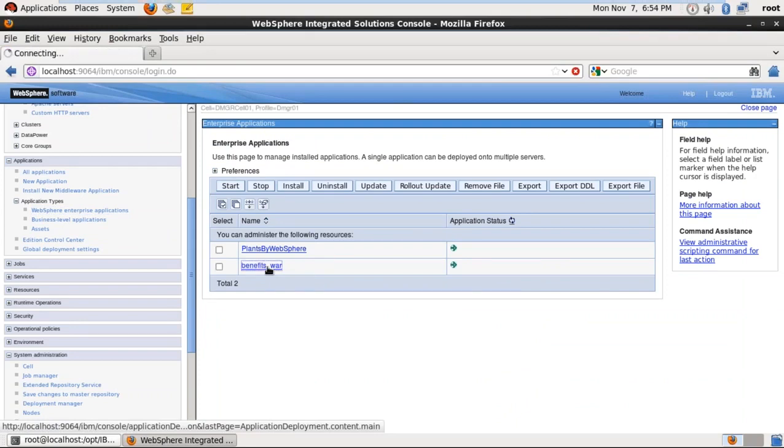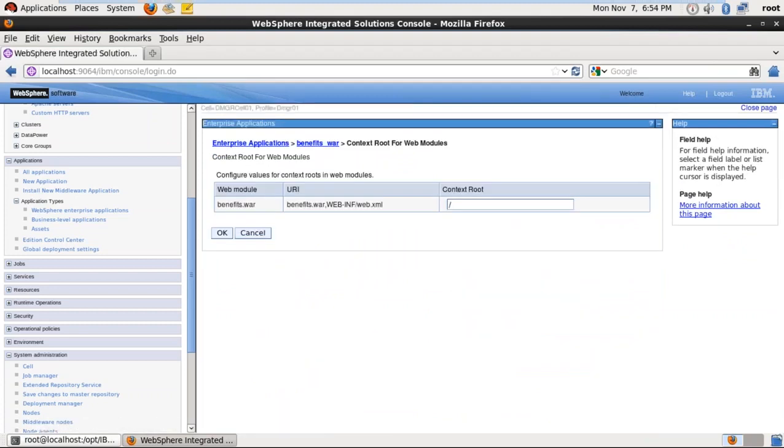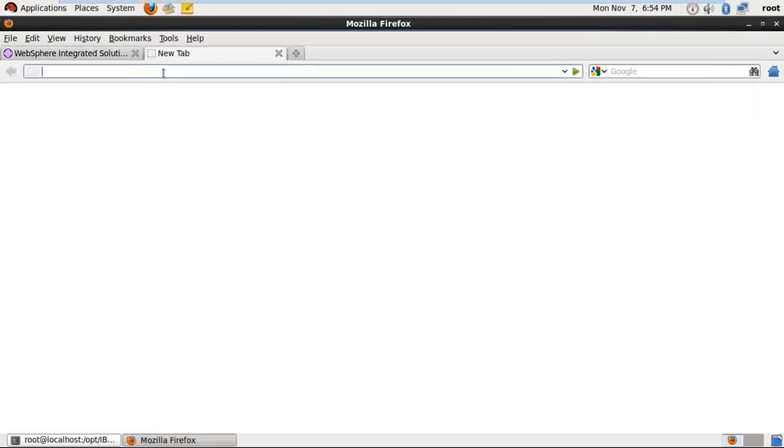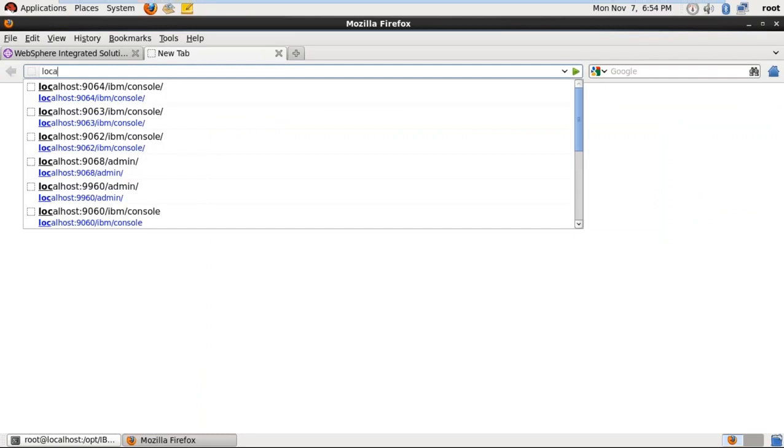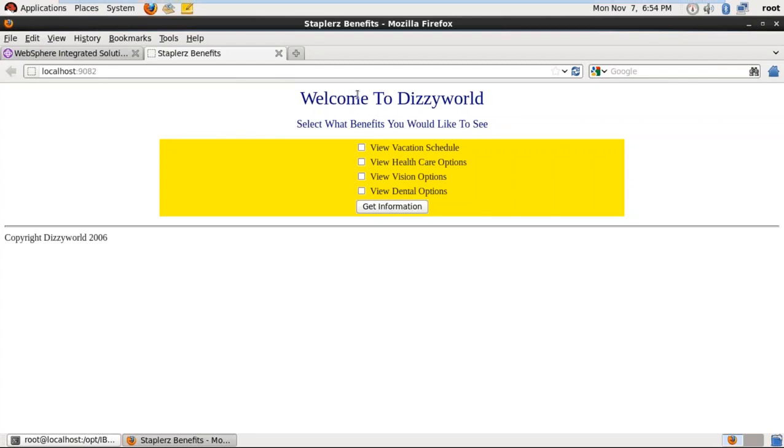So this is the war file. Go to this benefits.war, and then here the context root for web modules. Click on this link. The context root is just slash. Now try to access the application, localhost 9082 and slash. So this is the application. Okay, so this is the application. We can access the default port number. Okay, the same way